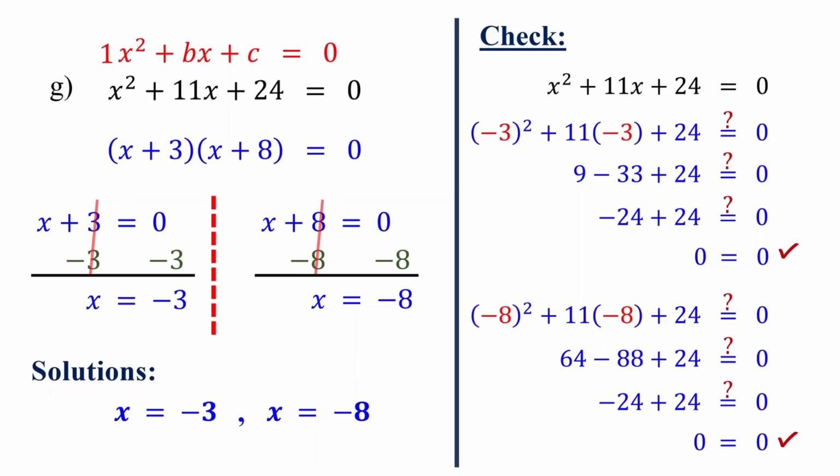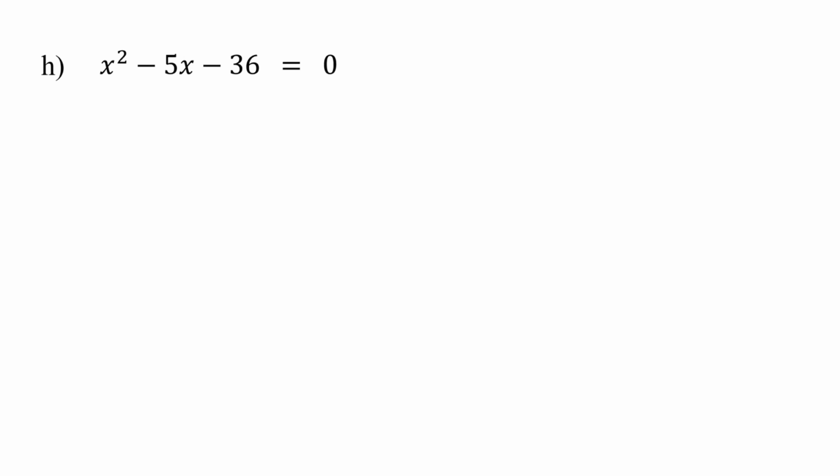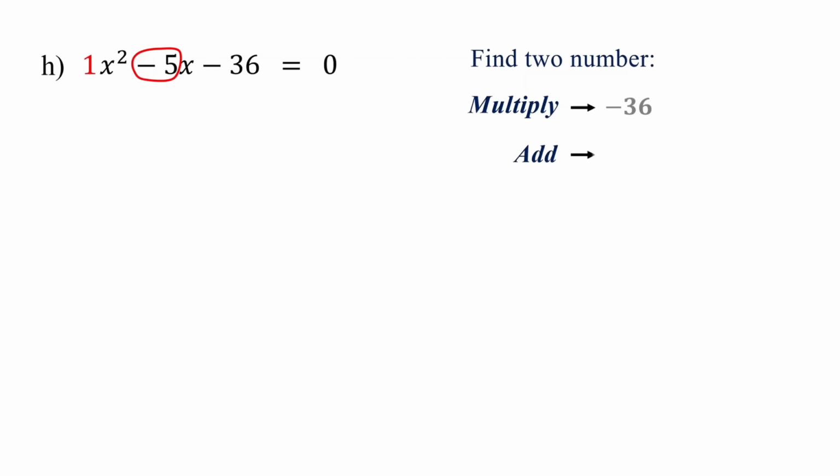Let's work on another example like this. Similar to the previous example, the leading coefficient of this quadratic equation is also 1. So, the first step is to find two numbers that multiply to give the constant term and add up to the coefficient of the middle term. To find these numbers easily, first, list the factor pairs of negative 36. 1 and negative